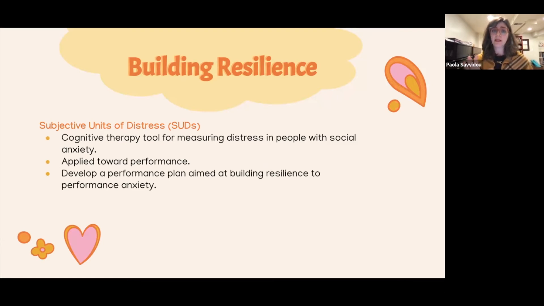So what all this means is that we develop a performance plan aimed at building resilience to performance anxiety. In other words, getting used to feeling the jitters and playing through it no matter what, right? That's basically what it comes down to. So the subjective units of distress are measured from 0 to 100, with 0 being no distress at all, and then gradually increasing until you get to 100, and that's the highest amount of distress ever experienced. So we want to think about,